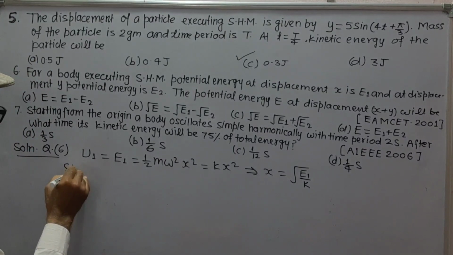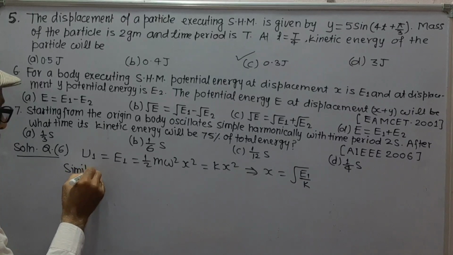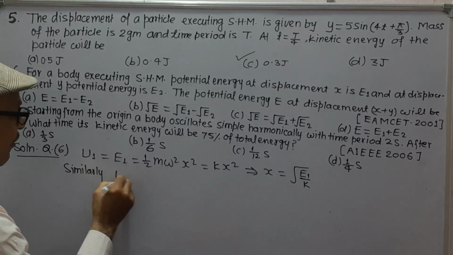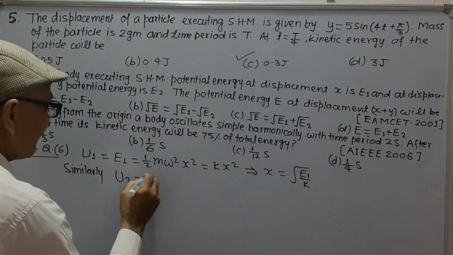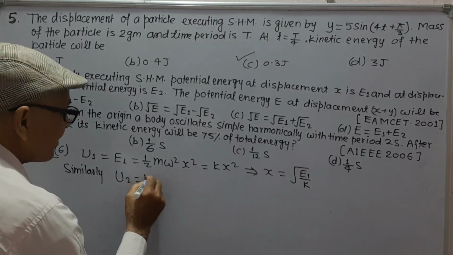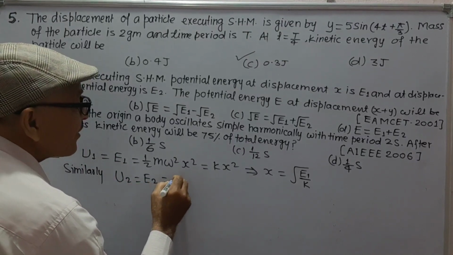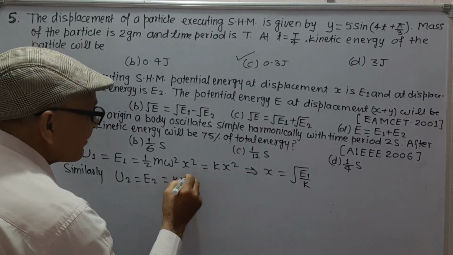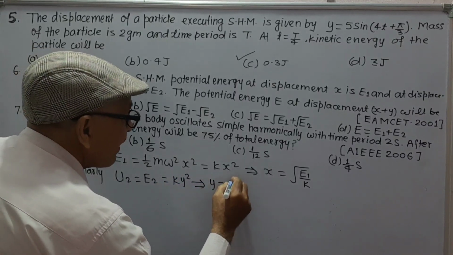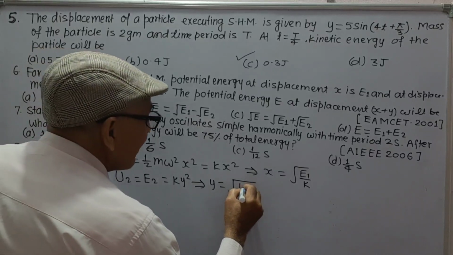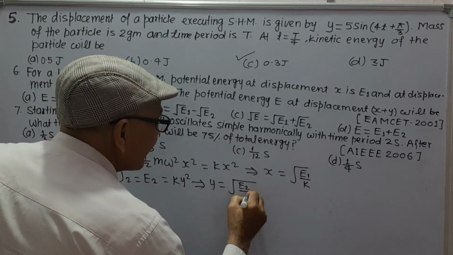Similarly, potential energy at displacement y will be U2, which is given to be E2, will be equal to k y square, which gives y as under root E2 upon k,